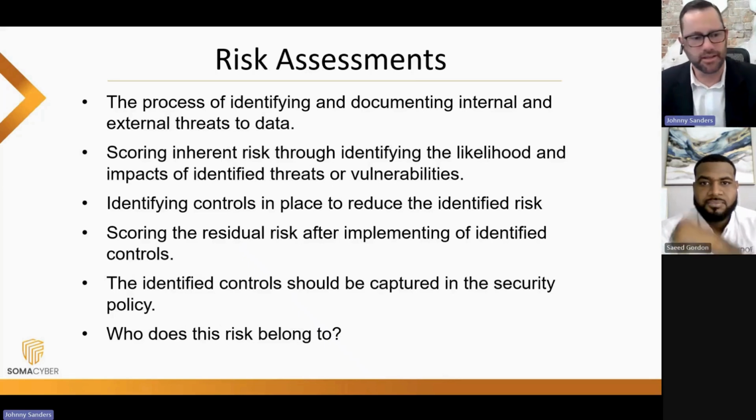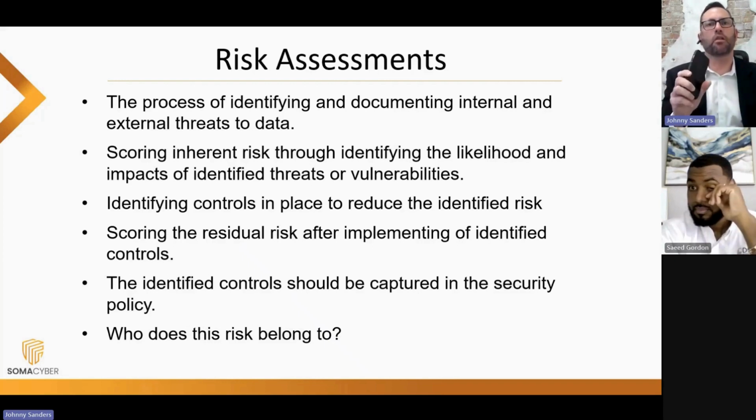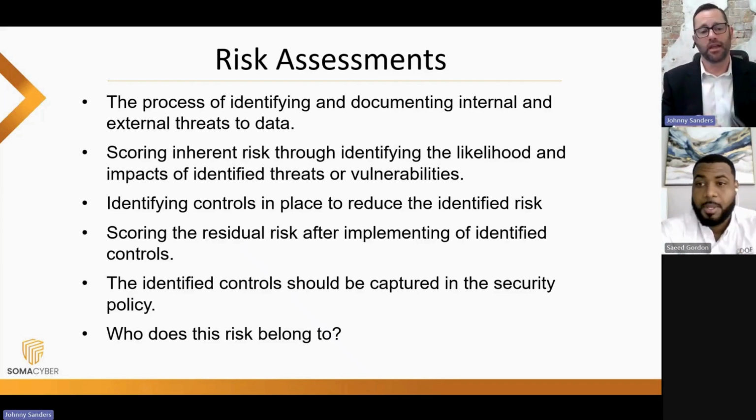Use your cell phone as an example. All of us have cell phones. All of us have a case on this cell phone. That case is there because we ran a risk assessment on our device. The risk of breaking it, we're going to reduce that risk with a case. So we're going to write that into policy.